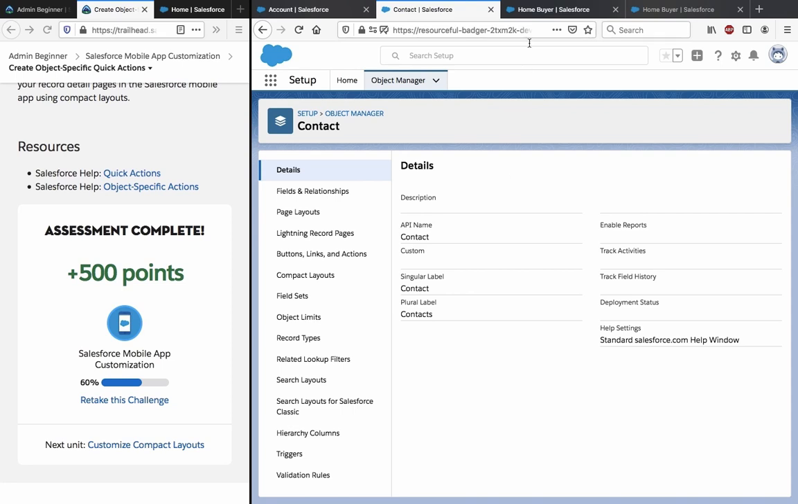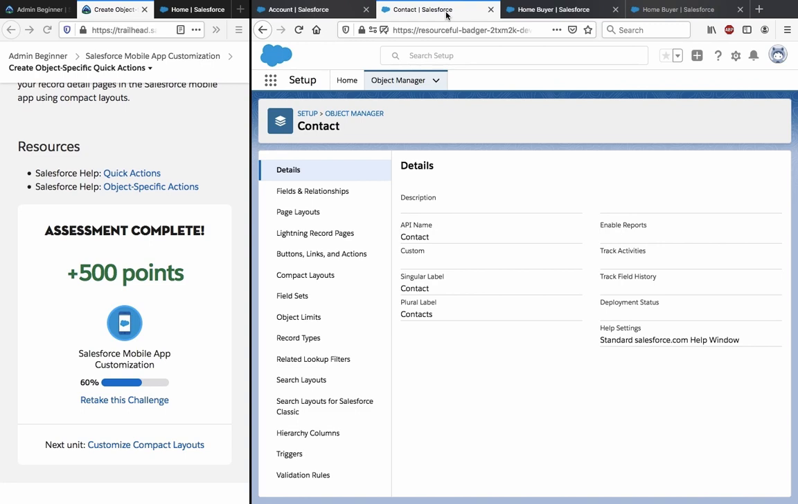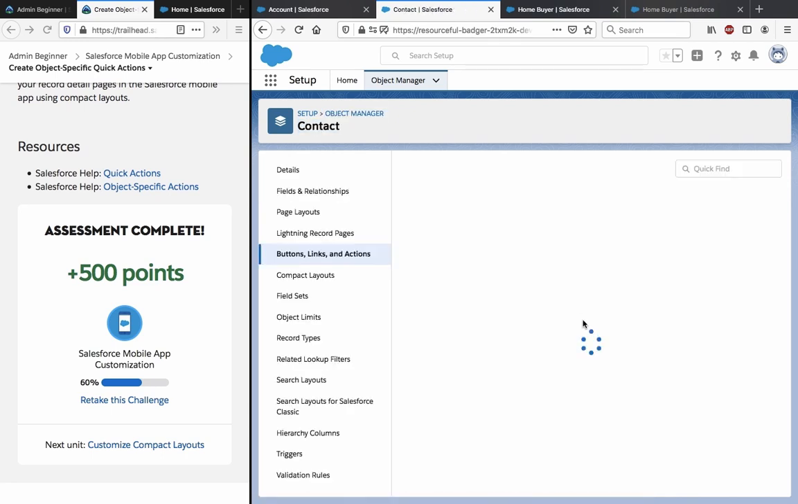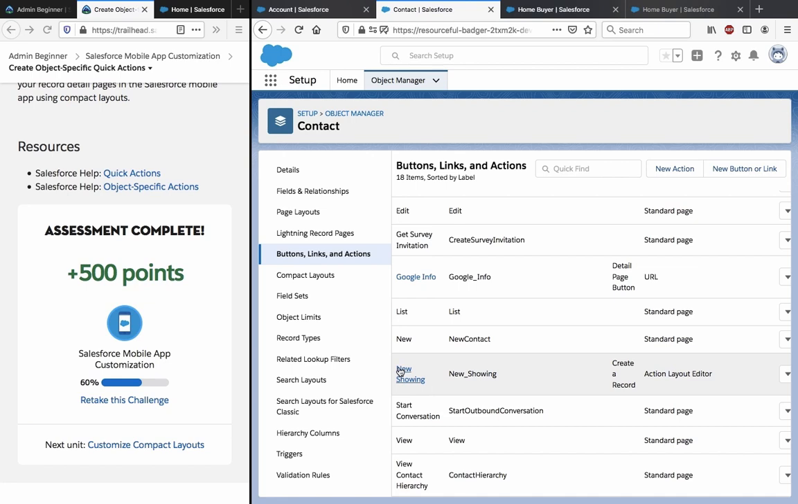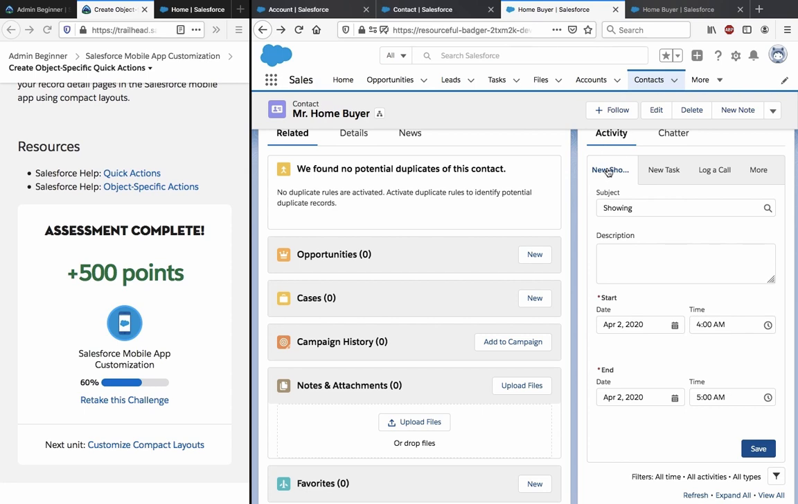So it kind of bothered me that there was no property here to add, and then I had to do it manually later on. So I went through this again. Turns out I didn't actually add the property to the action, and that was the issue. So what we have to do is go to Object Manager, Contact, and then Buttons, Links, and Actions. Go to New Showing, which is this about,